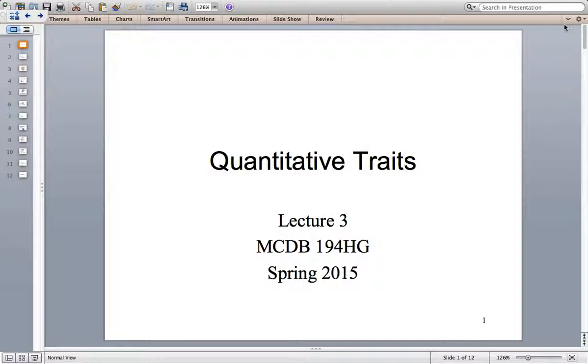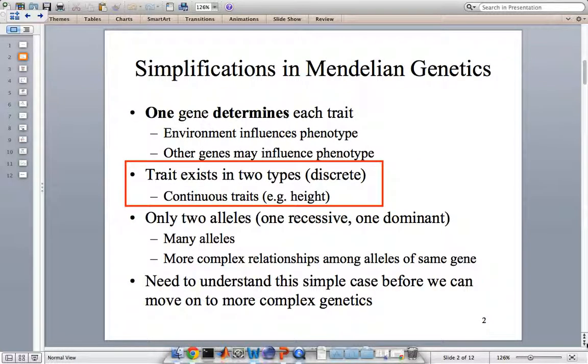Lecture 3 is about quantitative or continuous traits. In the last lecture, Lecture 2, we reviewed Mendelian genetics, the genetics you primarily learned in your previous classes. Mendelian genetics makes a number of simplifications and assumptions that facilitate the analysis, but which apply to only a small